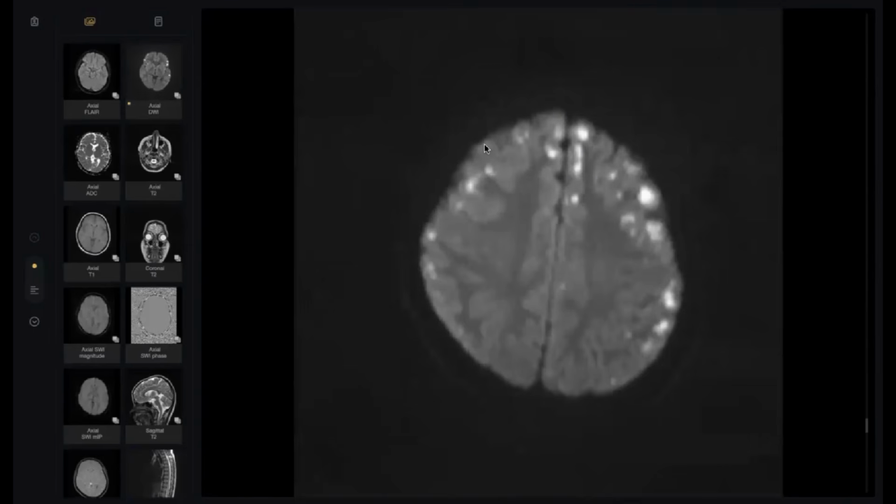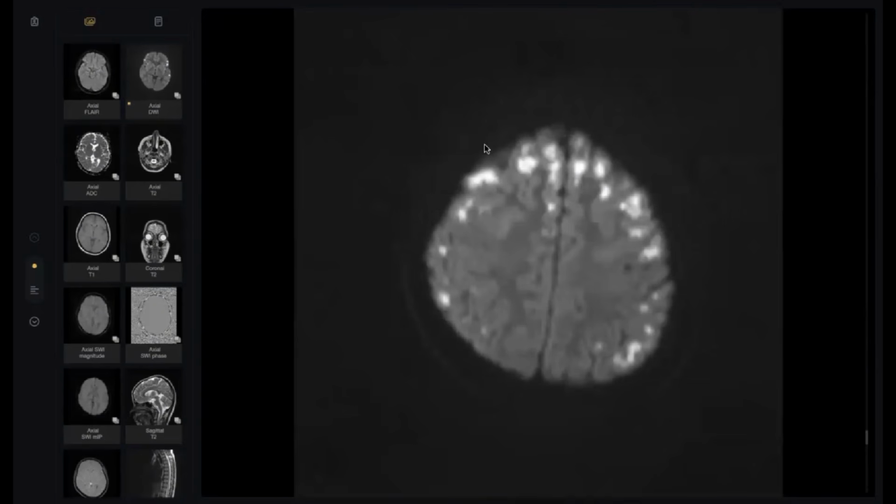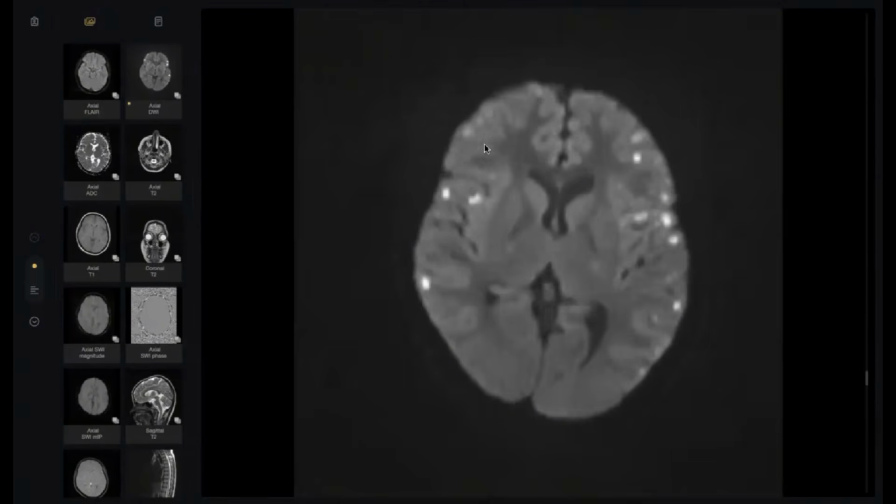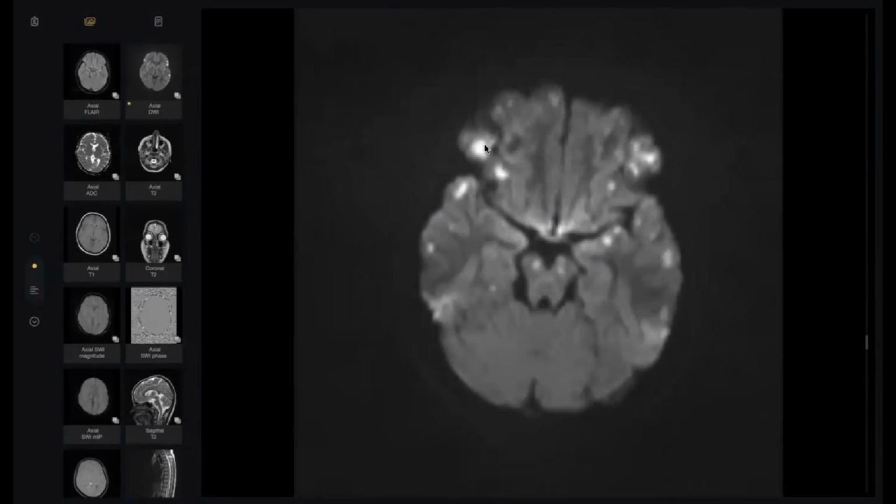With bilateral symmetrical involvement, I would be thinking about the internal carotid arteries, thrombi, or